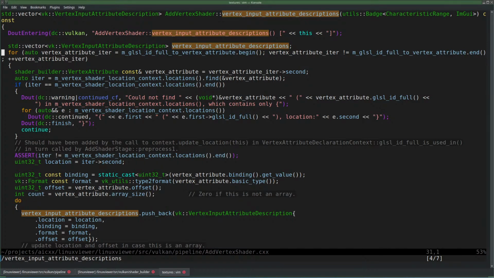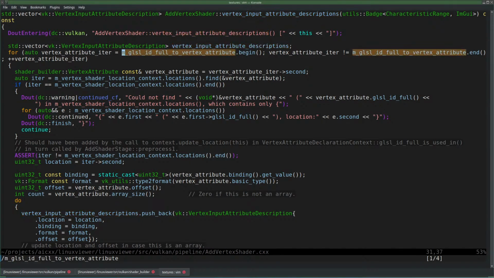And basically, this is where it all comes from. So this function converts